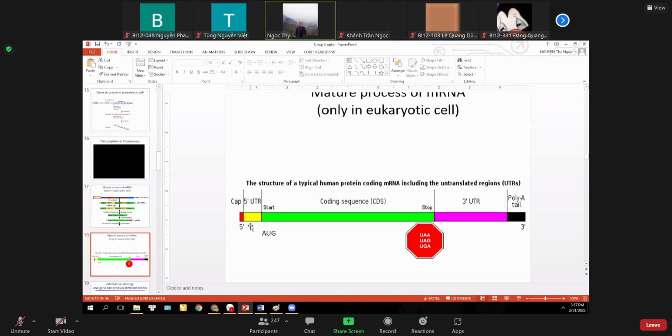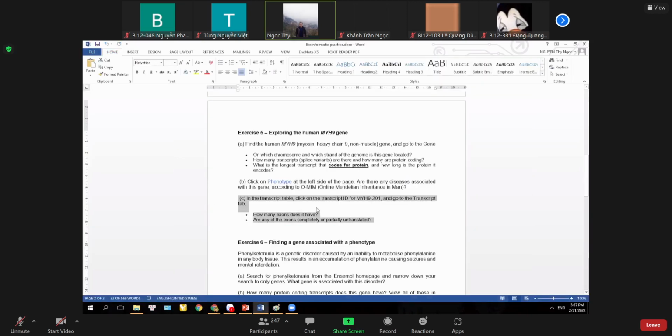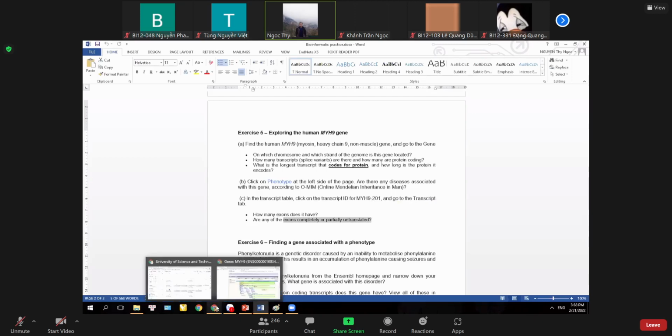Some of you have participated in the bioinformatics practical training. Do you remember exercise number 5? In exercise number 5, we explore a gene called MYH9, right? And in question 3, we look at the transcript table for MYH9-201 and see which exon is completely and partially untranslated. To explore that, we go to